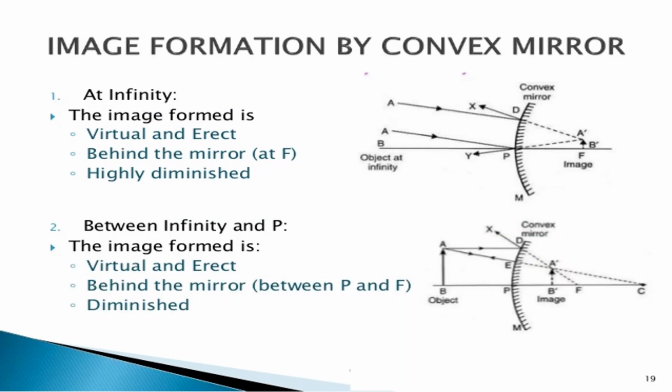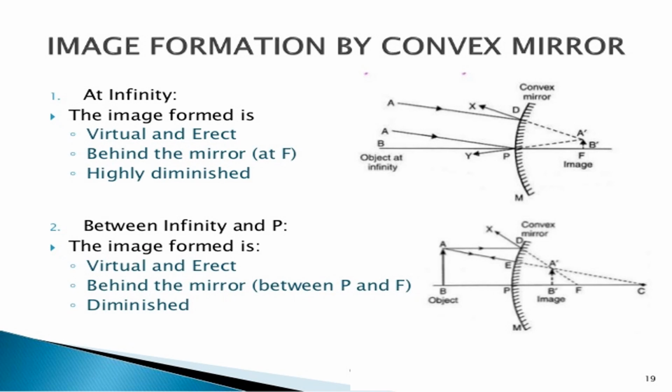Now coming to convex mirrors. In the case of convex mirrors, every time we will get virtual and erect images only, and every time it is diminished. So let's see how we are getting this. It is not that complex as the concave mirror; it's very easy because everywhere the image is formed in the same manner. So no need to worry about the image formation and all. Everywhere we will get a virtual erect image behind the mirror only.